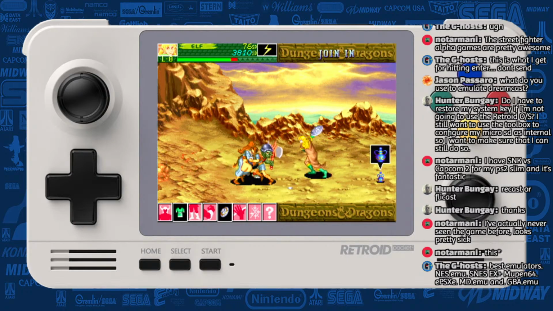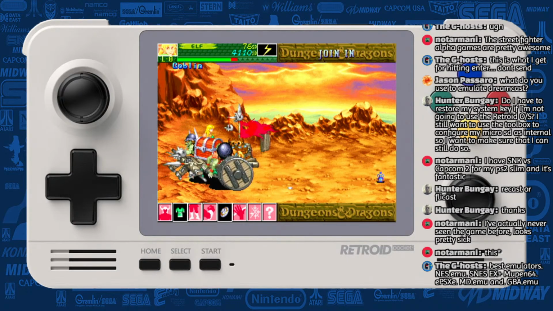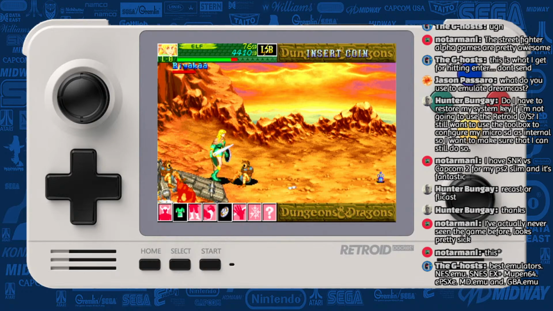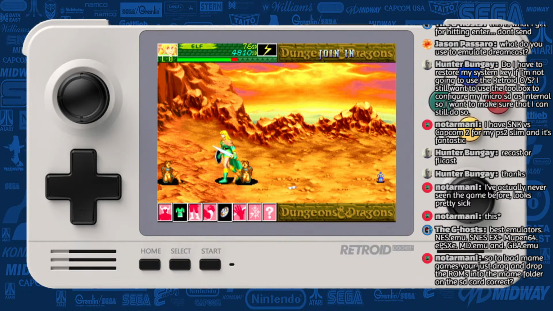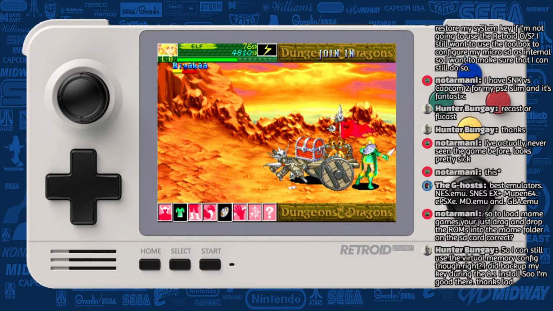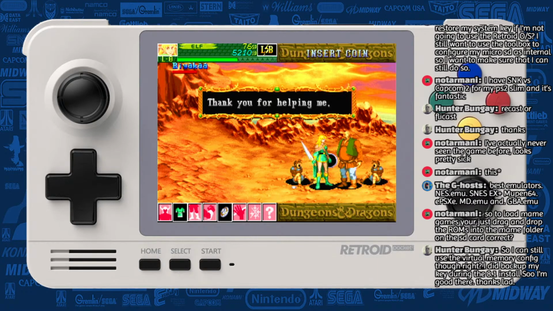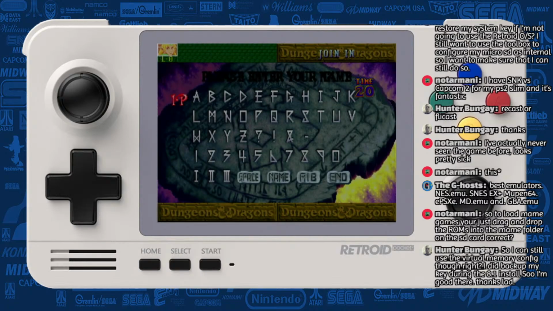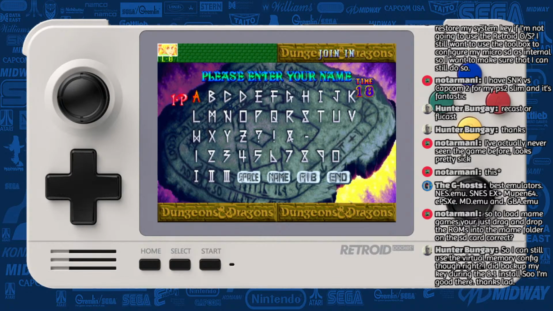And this is one of the best arcade games. This is called Dungeon and Dragons. So to load MAME games, you just drag and drop the ROMs into the MAME folder on the SD card, correct? Um, so let me